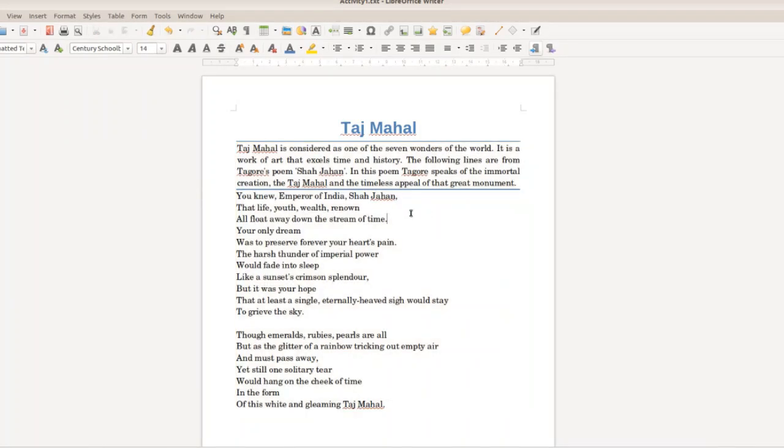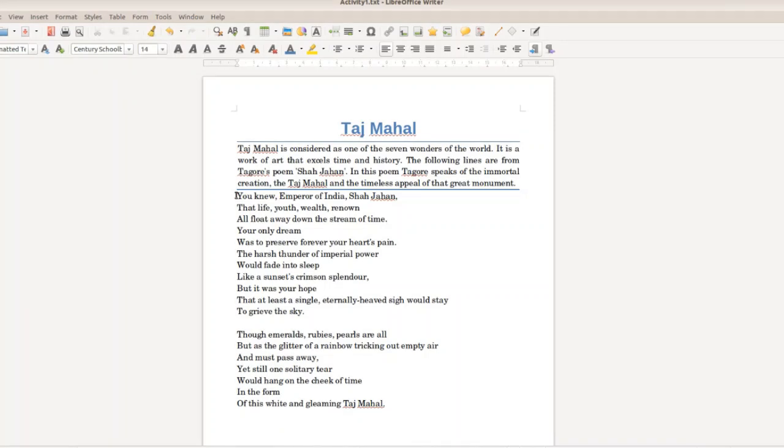And then as I told you, we want to leave some space before the first stanza of this poem. So you bring the mouse pointer here near Y of you.